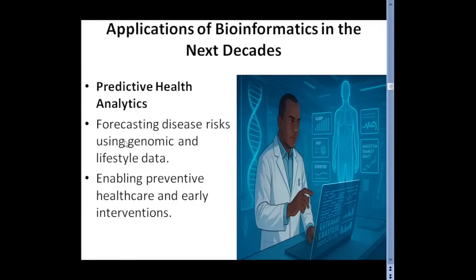Then in the next decade, you should be able to apply your knowledge in preventive healthcare and early intervention. So what we are saying in essence is that by that time, some people will not need to get sick before they will know that they will be sick at any point in time. So by application of our knowledge in bioinformatics, that is going to help us to be able to predict when we fall sick, when we are going to be cured of it, and what are the necessary measures that we need to put in place so that we will not become sick.